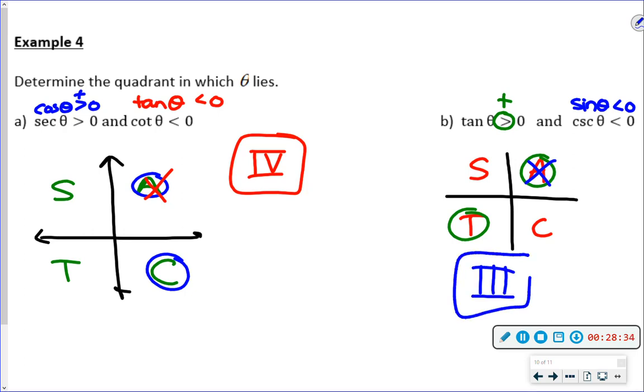And like I said, we're going to add more to this tomorrow. We're going to start finding angles and drawing triangles. We're just getting it set up for you today. All right, so lots